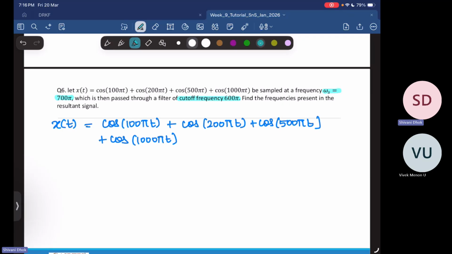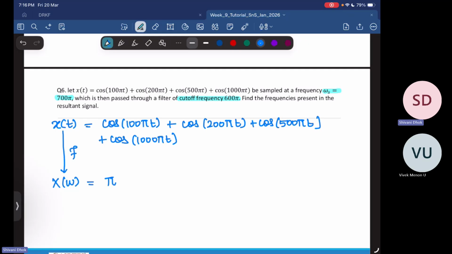So let's try to see what exactly is the signal. So now what is happening? You have this X of omega. So we are sampling it at the sampling frequency of 700 pi. Okay, so x of t, let's say it has a Fourier transform of capital X of omega, and since these